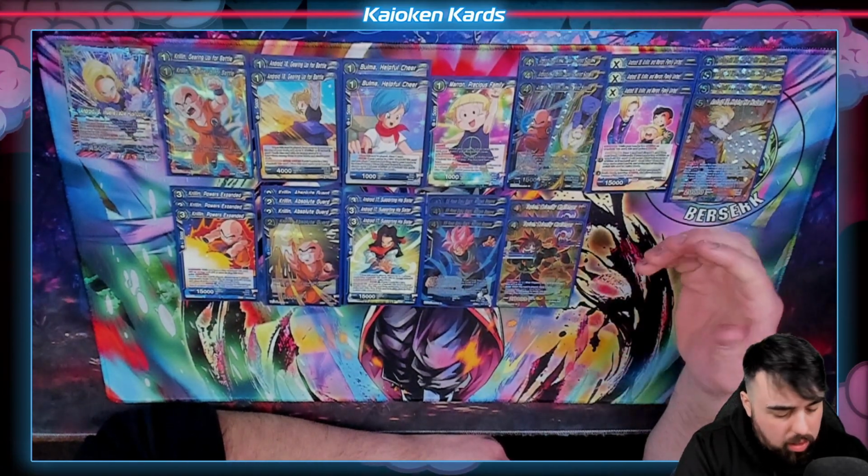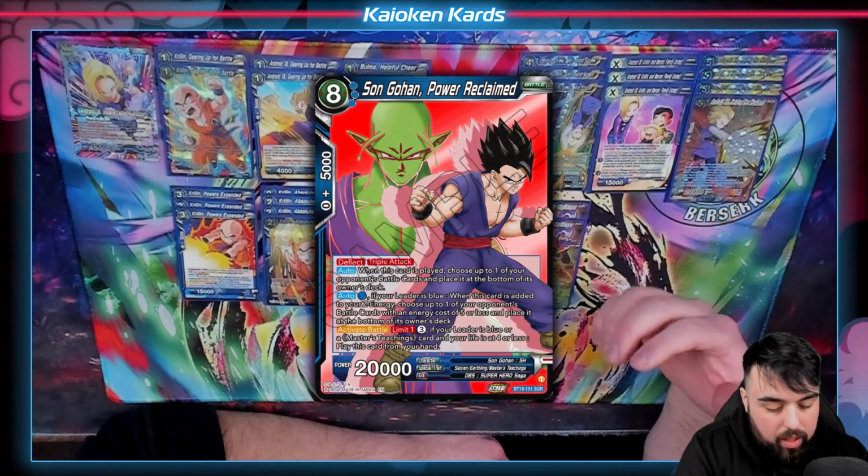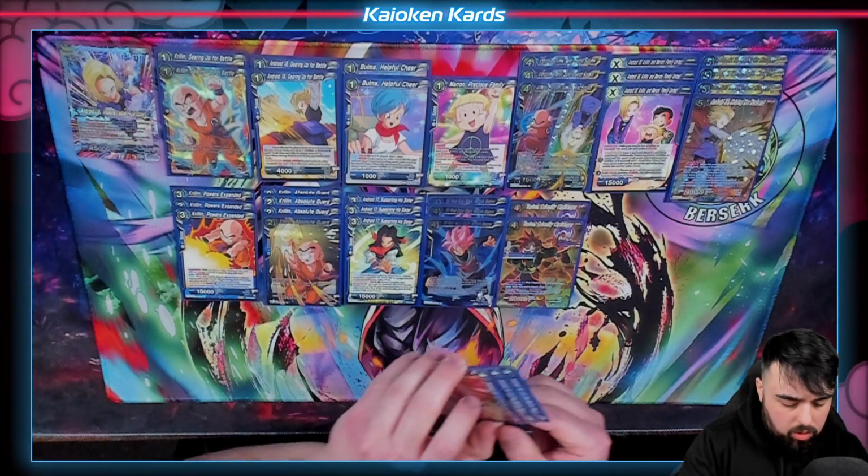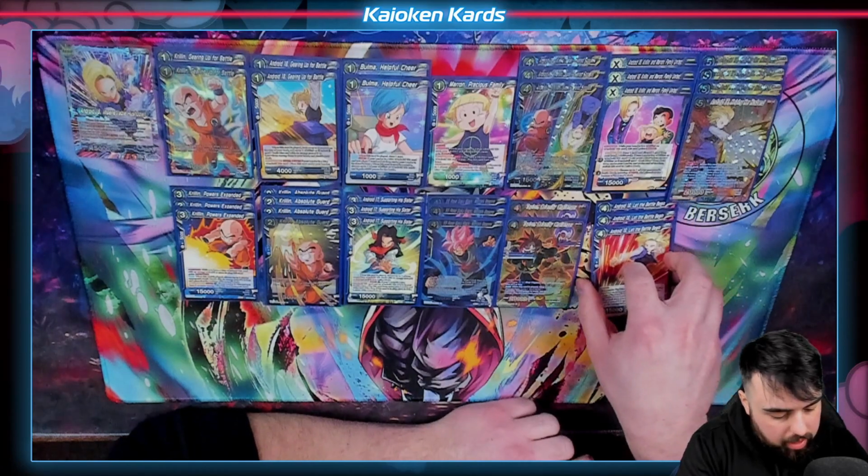Other options, you could definitely throw the SGR in here as well. I think it's a pretty good fit. I just have all the green SGRs and none of the blue, so get bent. Next up, we're going to get into the counters, starting off with our only counterplay in the deck being Android